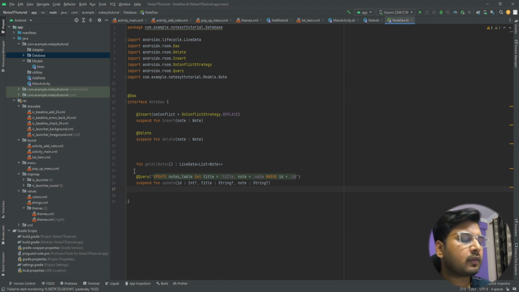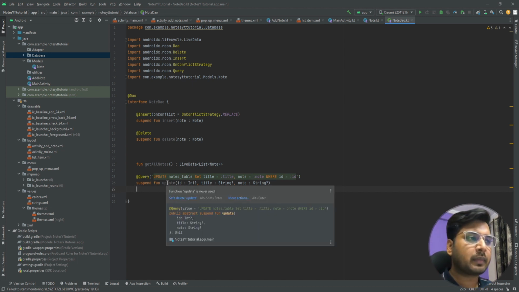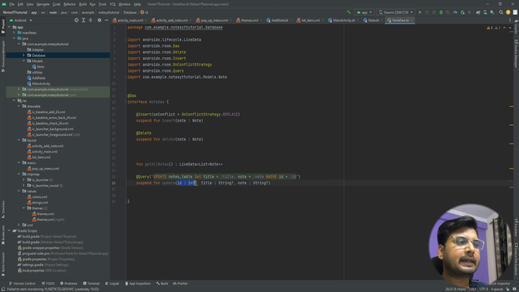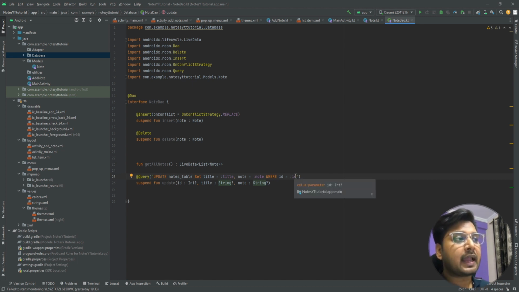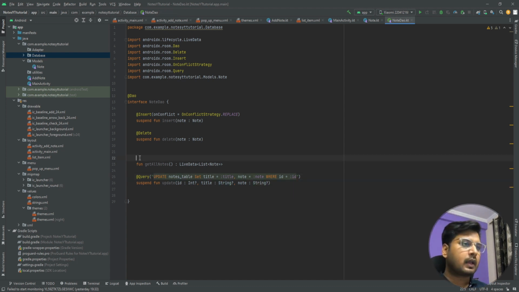So what we have done is, whenever this update method will be called, we'll be getting the ID of the node that we need to update and the new title, right? If someone has changed the title, then we'll be getting this title and the node. So what we have passed here in the query is that you should update the nodes table where title is equal to the new title and node is equal to new node, and where ID is equal to this ID. So you update the node with this ID and you should replace the content of the node as per these two arguments, right? And here also